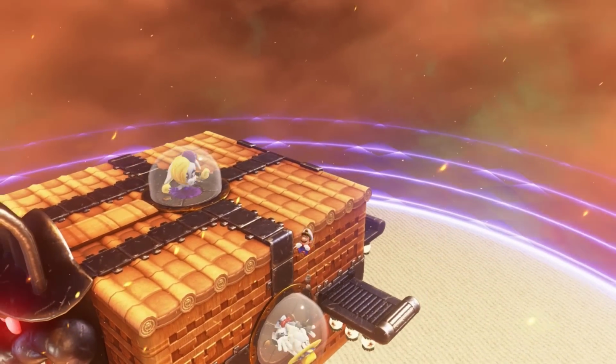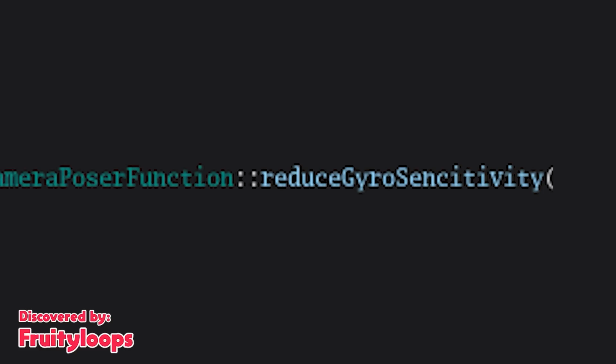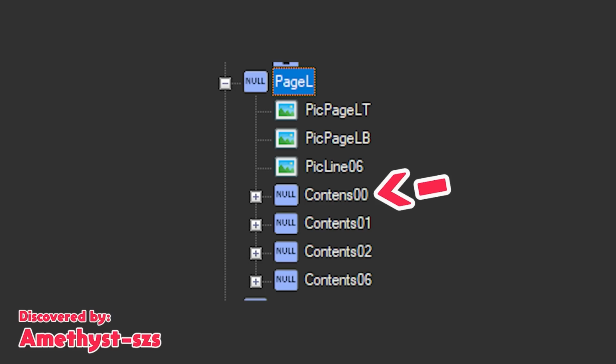The developers made a ton of typos while making this game. Put on your reading glasses, it's time to go into typo hell. Ahem. Reduce gyro sensitivity contends